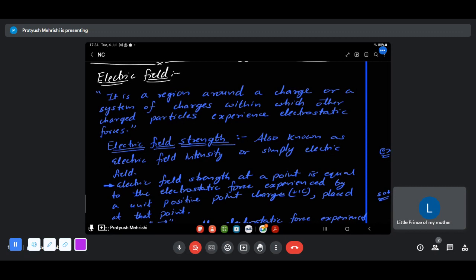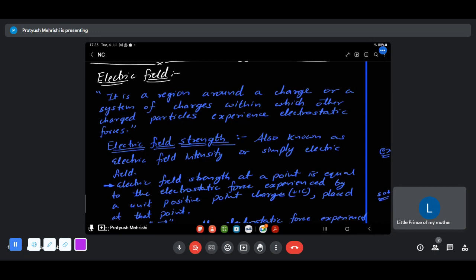The only difference is that the normal field which we talk about in day-to-day life, a rice field or a vegetable field, means the region where you have sown a particular crop. Similarly, here, field stands for region, but the difference is that this region is a three-dimensional region. In this three-dimensional region, you can influence the charge.